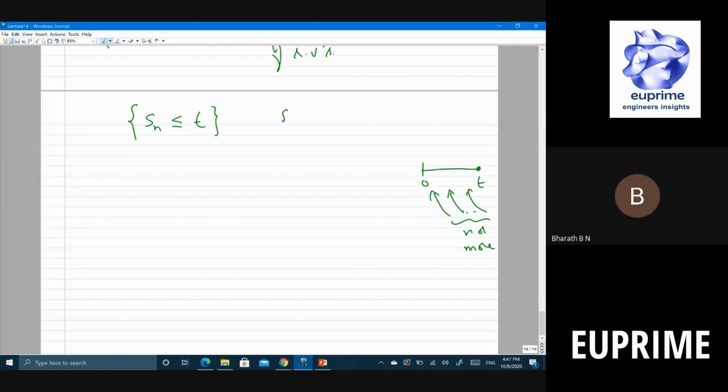Okay, now let's also write this. N of t is greater than or equal to n. What is this saying? N of t is the counting process, right? It's the number of arrivals until time t. So this event says that the number of arrivals until time t is more than or equal to n, right? It's saying n or more people arrived at the counter by time t. This also says the same thing. So both are equal. Do you agree?